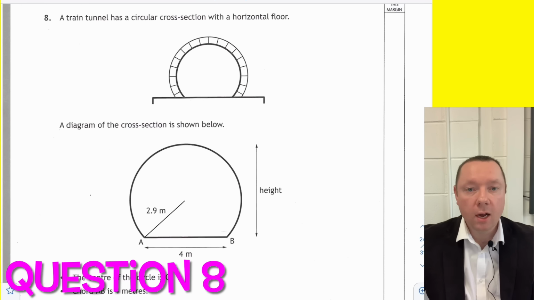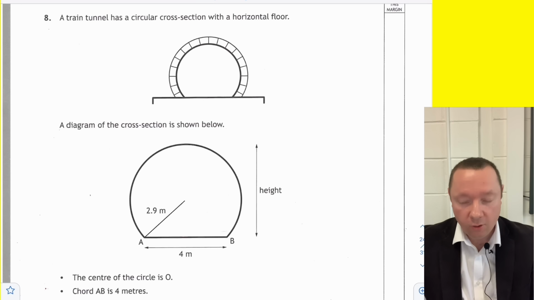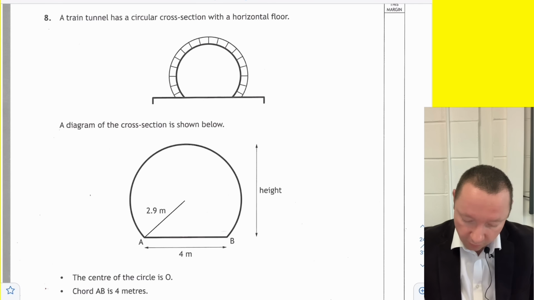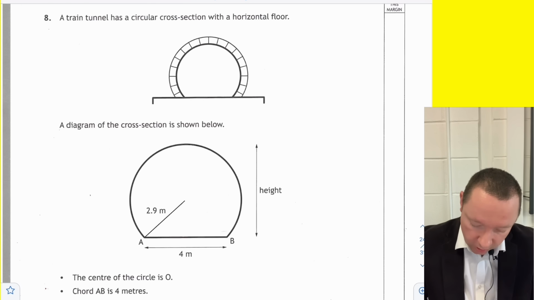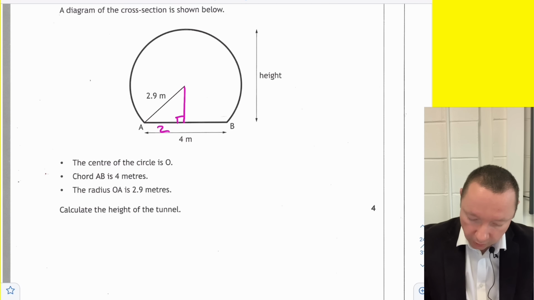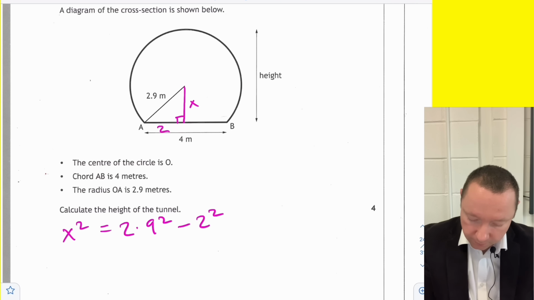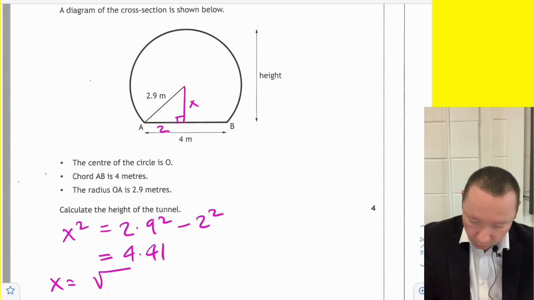Okay, a train tunnel has a circular cross section with a horizontal floor, and here's the diagram below. Calculate the height of the tunnel. Clearly, to me, it is a Pythagoras question. It's asking me for the whole height. Well, I know the radius from here to here, but I don't know this bit. So if I fill in that bit first, if I just draw a line down, make a right angle, then we've got 2 here and 2.9, so I'll call this x. X squared is going to be 2.9 squared minus 2 squared. That gives me 4.41. So x is the square root of 4.41,